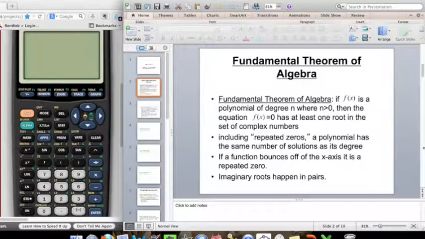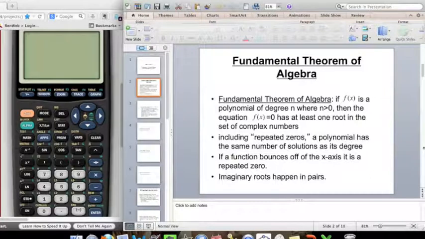So the word fundamental in and of itself really means two things. What does fundamental mean? Basic. And so if I'm thinking about a sport, we're in basketball season, so some fundamentals of basketball would be dribbling, passing, layups, free throws. These are basic ideas to the sport, but also super important, because if you can't do these, then you can't really build from there. So the fundamental theorem of algebra is basic to the idea of algebra, but super important. Like all of algebra is built upon this idea,